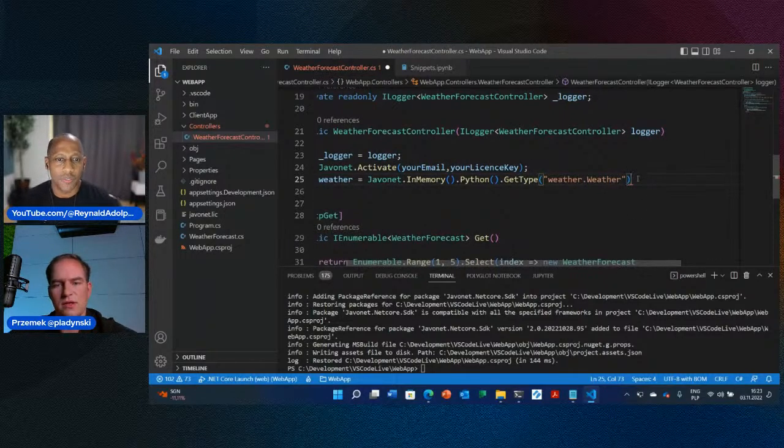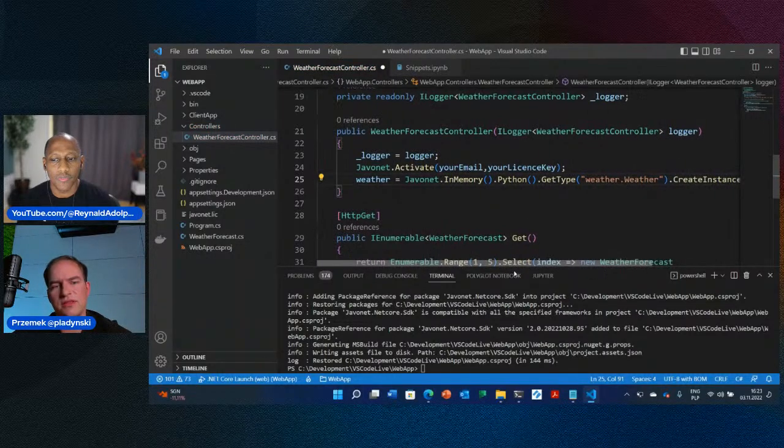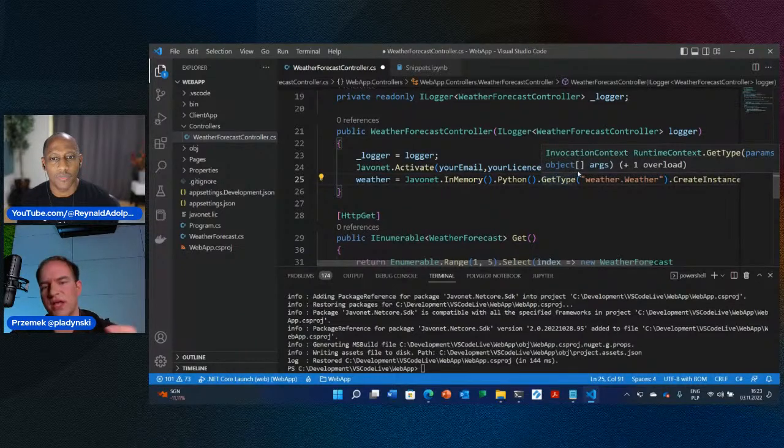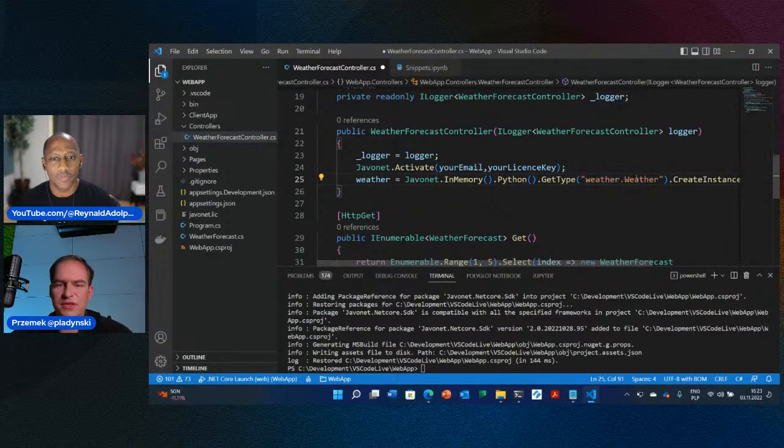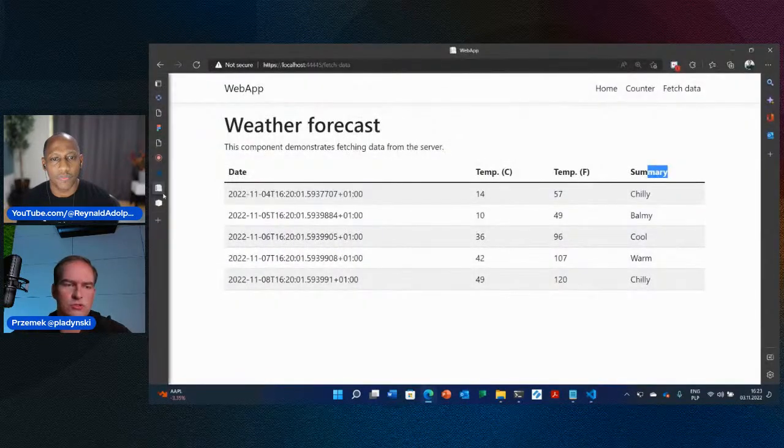Okay. But what I want to show you is that with this example, we did something completely different than we did so far with the example in the console application. There we were interacting with the Python native libraries like math. And here we have the PyPI module.